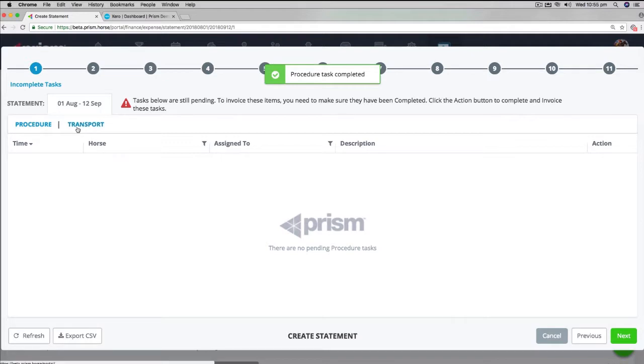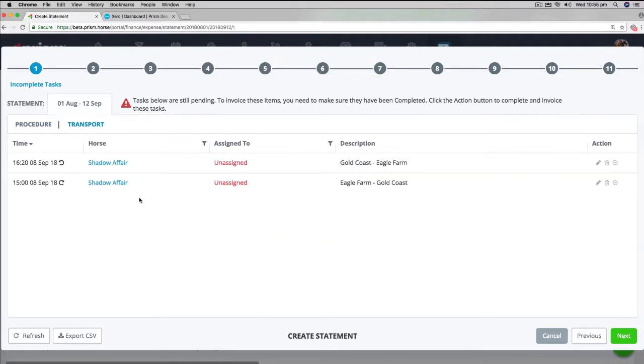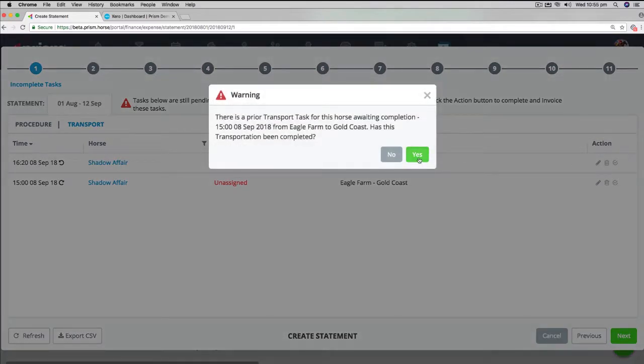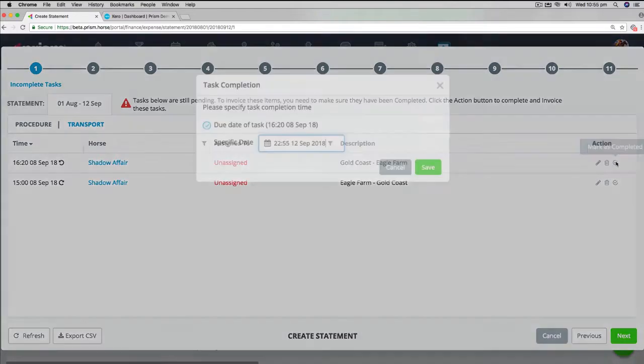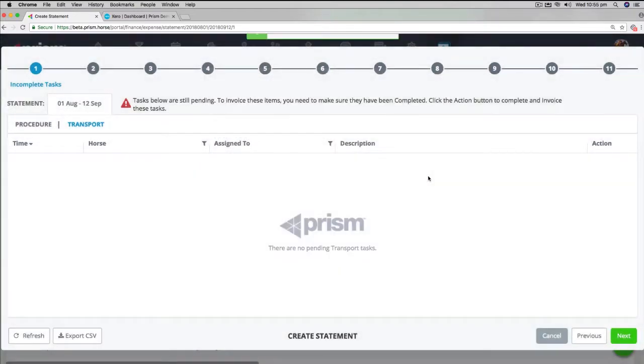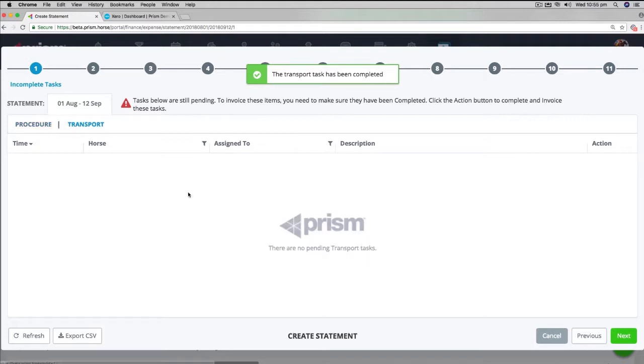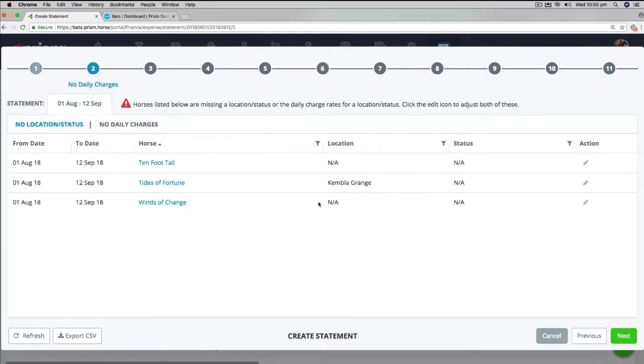And then you can move on to transport, so you can see any movements or floating that haven't been completed. So you can see these two and you can confirm that they were complete. So once those two are done, you then move on to the next step,